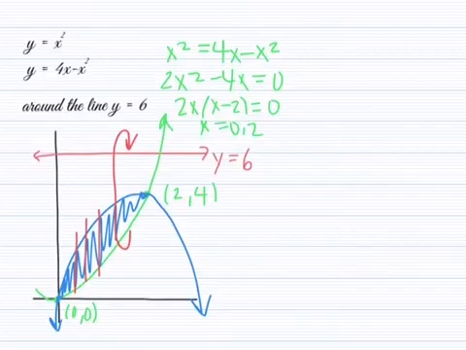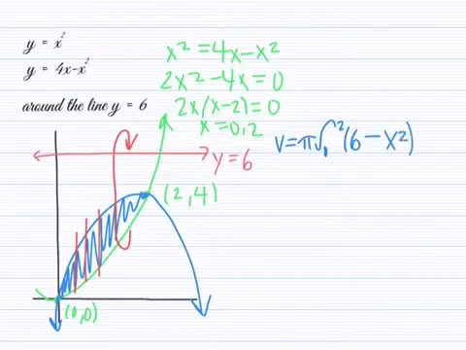So V equals pi times the integral from 0 to 2, because those are your x values, and you're doing a dx, because that's where you cut your slices. And you're rotating around y equals 6, so your radii, if you're taking the outer ones, are going to start at 6. So that's going to be 6 minus the y value of the outer line there. The outer line is the green line, so you want to subtract that y value from the 6. So that's an x squared, because that's your radius, d